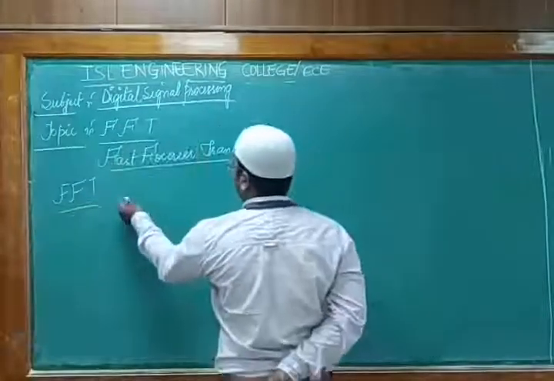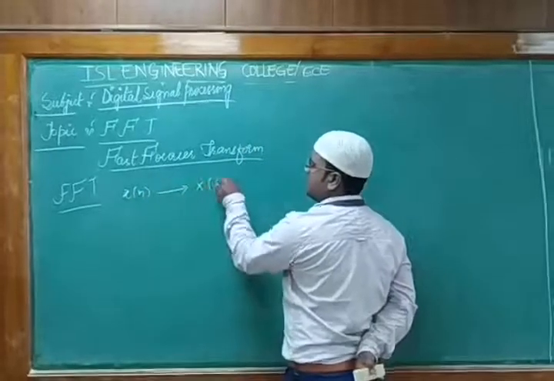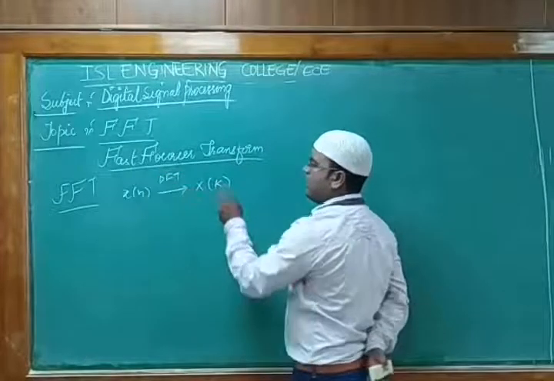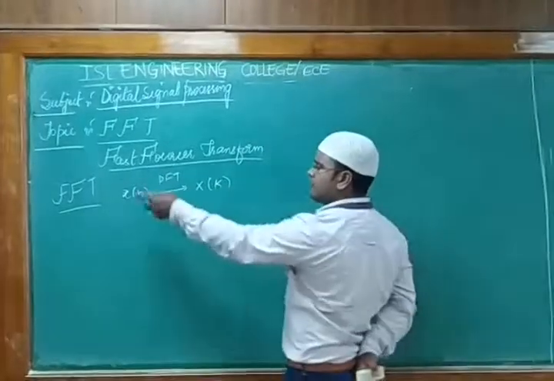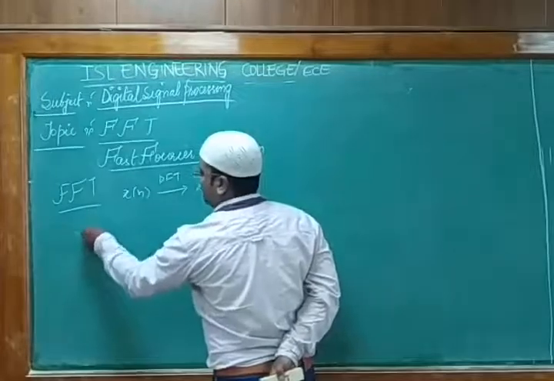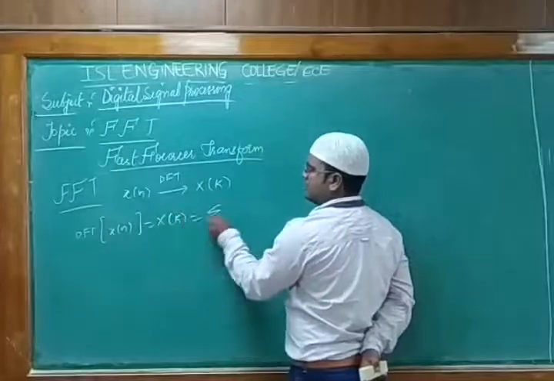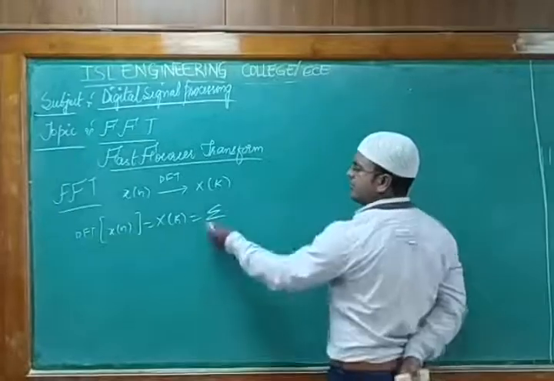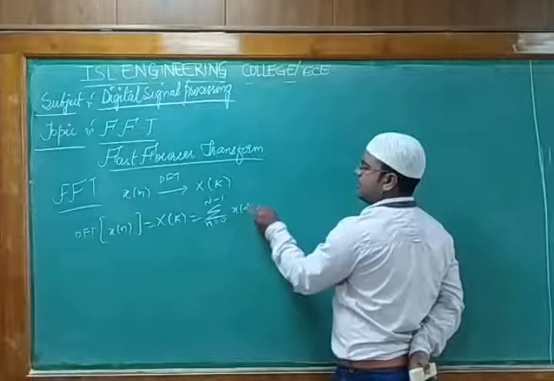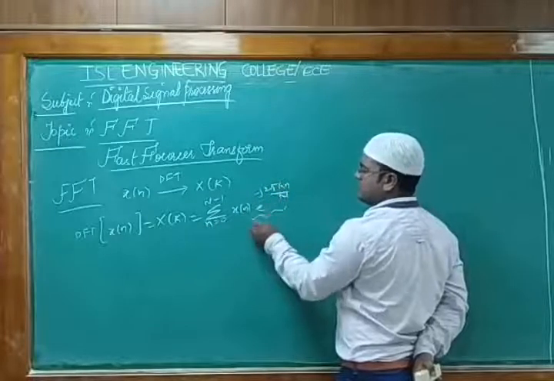We have seen that if you have x of n, that is your signal, what type of signal are you taking? You are taking an n domain signal and you want to convert it into an f domain signal, so you take the FFT. Before doing this FFT, we convert using the DFT. What is the DFT formula? The DFT of your input sequence x of n is x of k equals the summation, with limits k equals 0 to N minus 1, n equals 0 to N minus 1, of x of n e power minus j 2 pi k n by N. Right? What is this called? This is called as